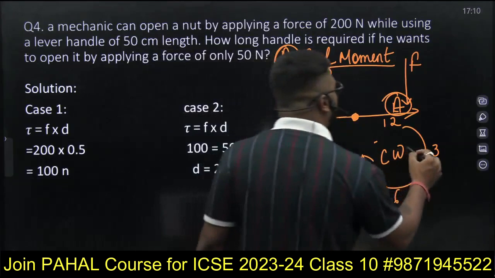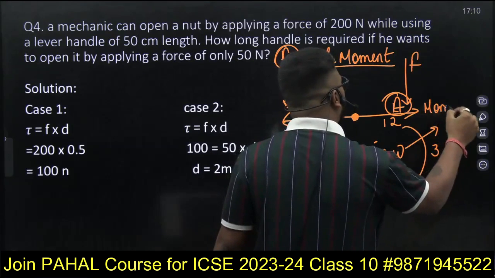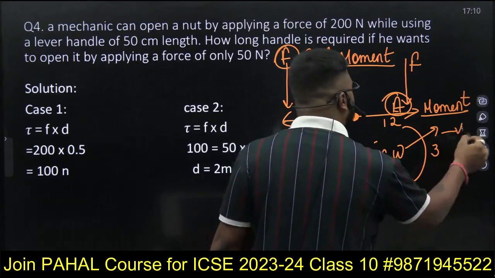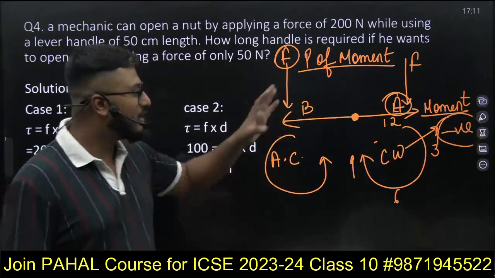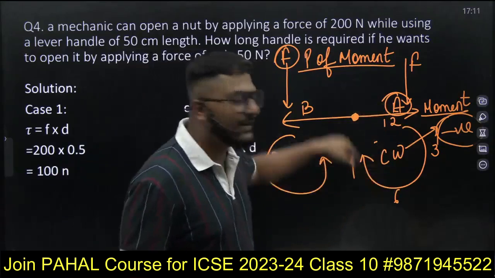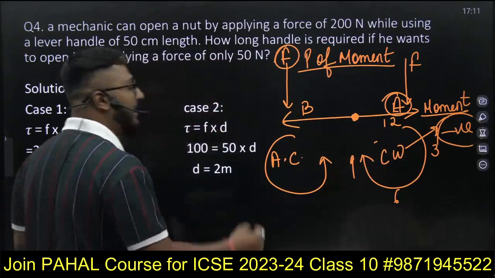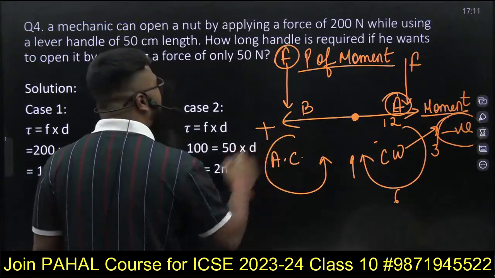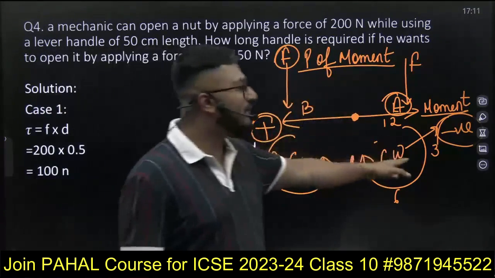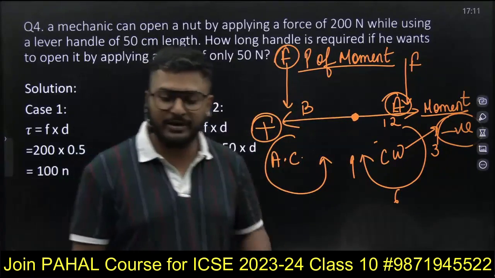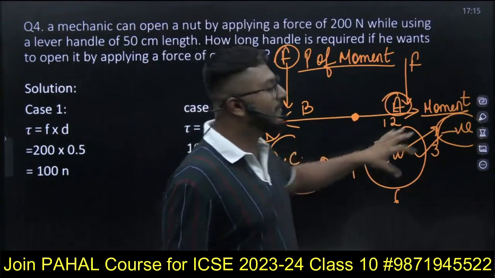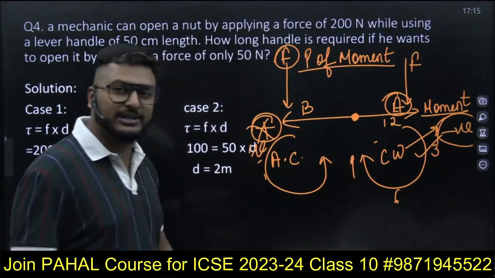Clockwise direction में हम लोग जो moment होता है उसको by default लेते हैं as positive, sorry, negative. Clockwise direction में we take it as negative. In the video I have explained that clockwise direction में positive लेते हैं, which is not true. The correct answer is in the clockwise direction we take it as negative, whereas in anti-clockwise direction we take it as positive. So anti-clockwise direction में positive मानेंगे moment को और clockwise direction में negative मानेंगे moment को. ठीक, right? Now understand how to learn this, how to remember that clockwise direction में negative होता है और anti-clockwise direction में positive होता है.